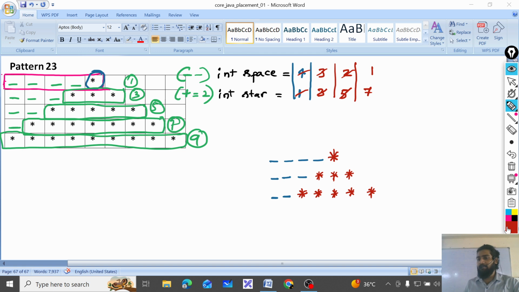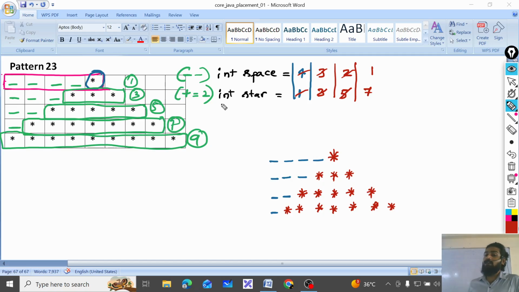So I came to the next line. What is the space? Only 1 space. Okay, 1 space printed. How many stars now? 7 stars to print. Okay, here I have printed all this. Now I have to go to the next row.